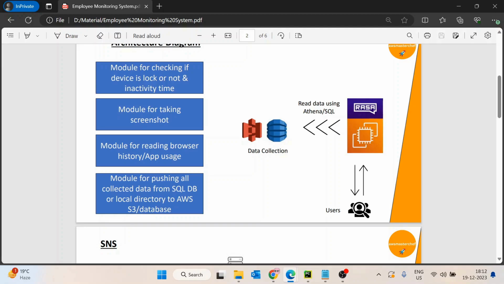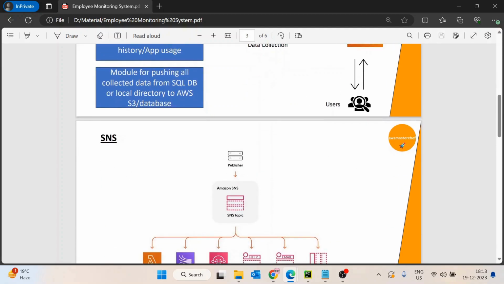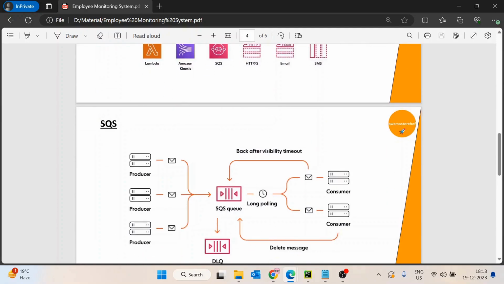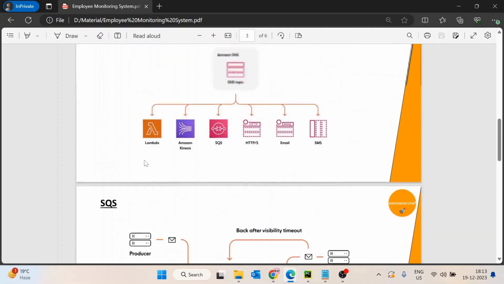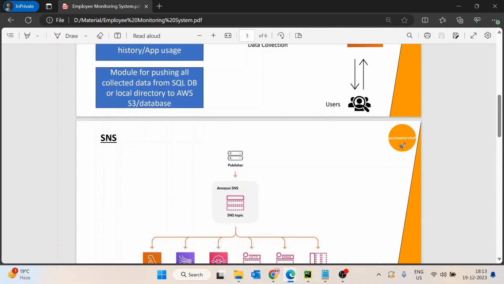If it is a single device, that would not be very difficult, but the point is we have thousands of devices, let us suppose. So how would all thousands of devices get notified about this configuration change? For this, we have three communication services. The first one is SNS, the Simple Notification Service. The second one is SQS, the Simple Queue Service, and then we have IoT Core. So let's discuss all of those in detail one by one.